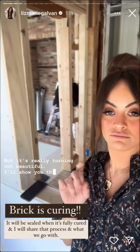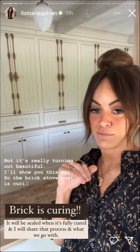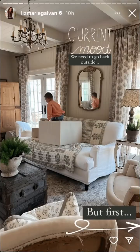I'll show you this way. So the brick stove coat is curing too, so they will be sealing it. I do have more brick questions to answer today that you guys asked. And you also asked what they were going to seal it with, and we don't know yet, and they don't know either. We want to choose the best, so we're going to consult over